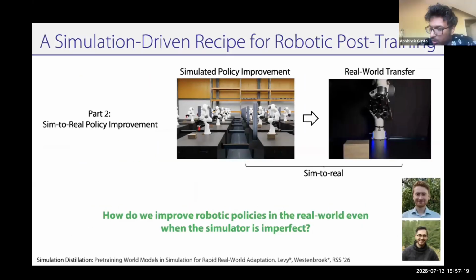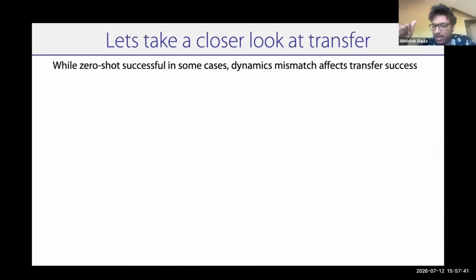Cool. All right, let's keep going. So the first part said, okay, if I have policies in the real world, I can improve their behavior in simulation through this kind of latent steering, right? And now I've done this latent steering, but I bring it back to the real world. How do I make sure that I'm able to either be successful in the real world or keep getting better quickly? Right? I showed you a bunch of videos of successful sim-to-real transfer,